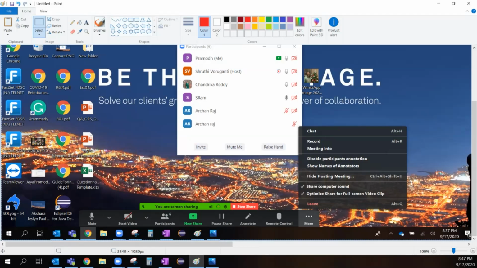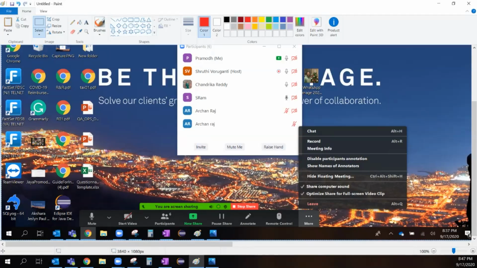It will work only with Alt R. So what is your expected result if I press Control R? It should not record. Yes, that is your expected result. If it records, that's an error. It's a bug. Exactly.